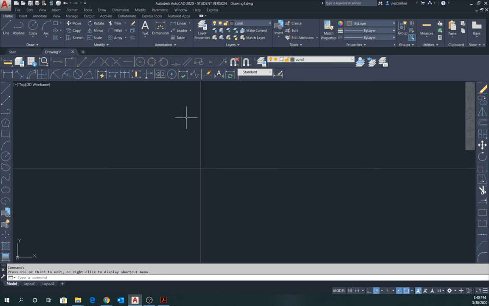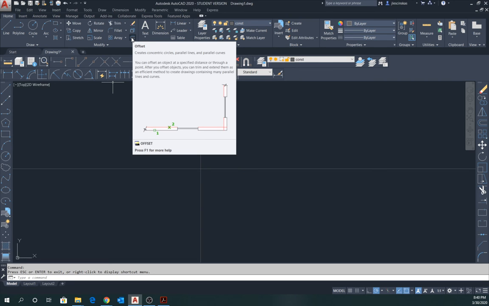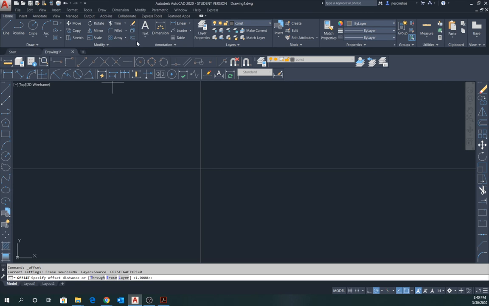I'm going to escape out of the pan here. And I'm going to choose my offset command. So if you remember the offset command, it'll let me create an offset. So once I click on offset, it defaults with an offset of 1. Remember I said I wanted an offset of 6 inches, so I'm going to type 6 and hit enter. Once I select the object, so I'm going to select this line. And then I'm going to move in this dimension